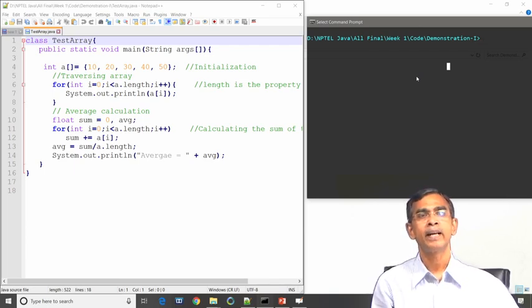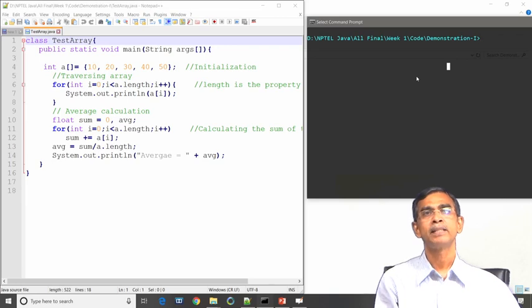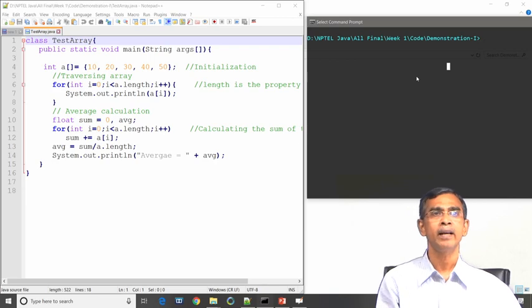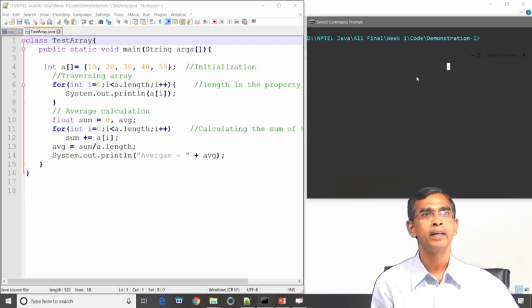Instead of println, if we type print, it will print all the elements in one line. So, the difference between println and print is that output is either on one line or on different lines. Now, let us have the println. I will discuss simple print as an alternative to println later on.